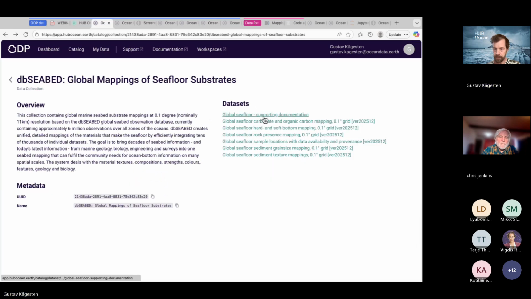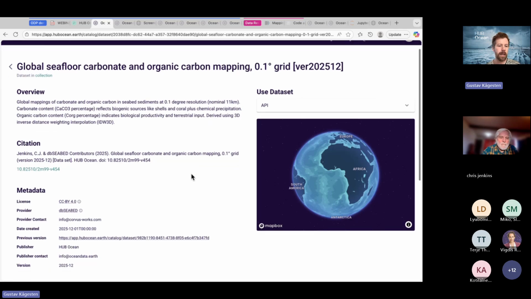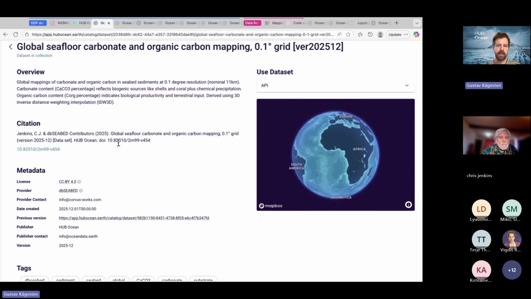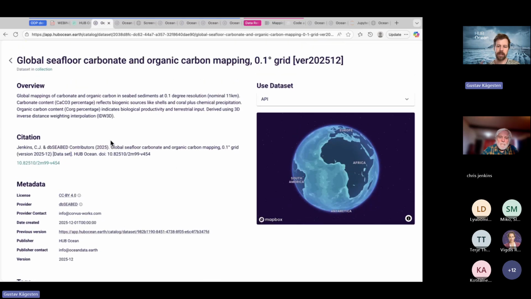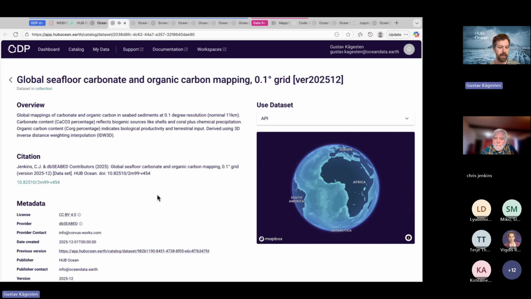And then what we have here is a number of different models that you'll get a deep dive into in a bit. So these are model outputs from dbSEABED work, and this model was published first here, and we have also generated digital object identifiers, DOIs, directly for this data set, which just brings you back to this page.